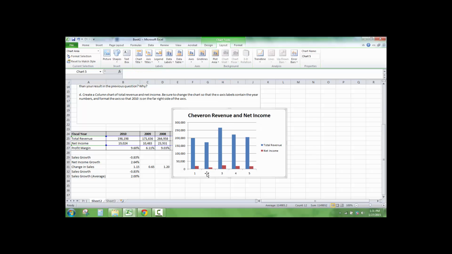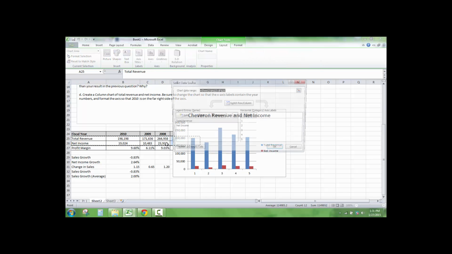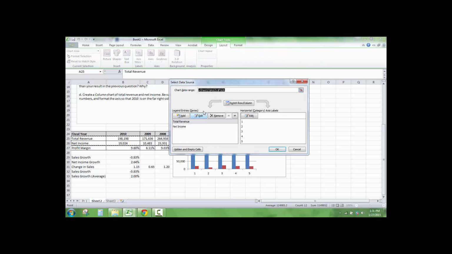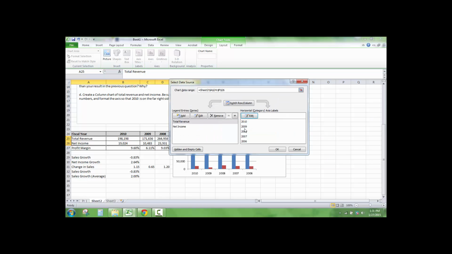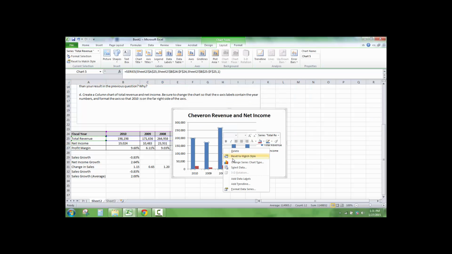And then I'm going to select data, and then I'm going to hit edit. I'm going to tell it what we want the x-axis to label, 2008. I'm going to click OK. And I'm going to go back to